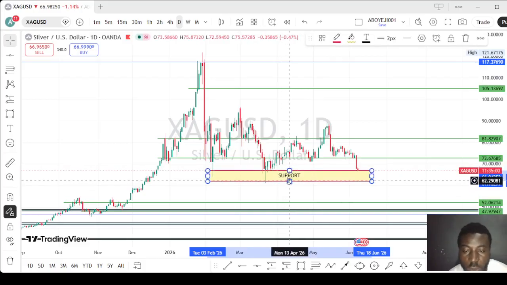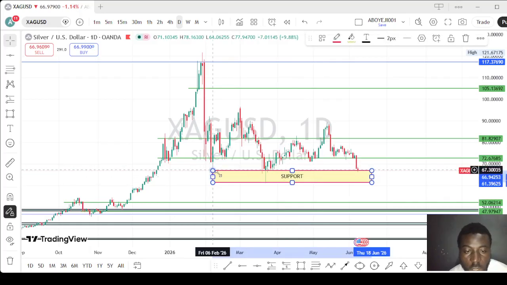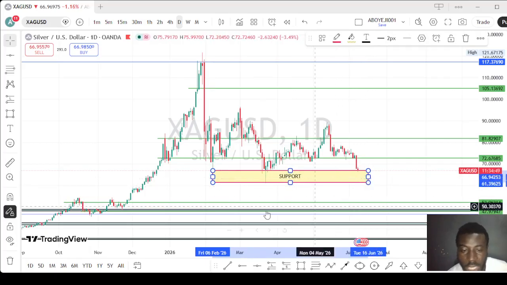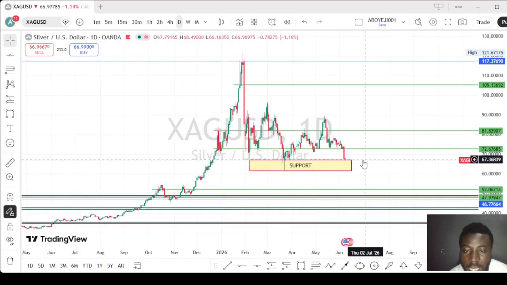It's a support level. So let's be expecting the market, because this is the first touch, and this is the second. Let's see if the market can break it. If the market breaks it, definitely, but we have to be patient. And this is our main demand here. This is our swing high, and this is the main demand.